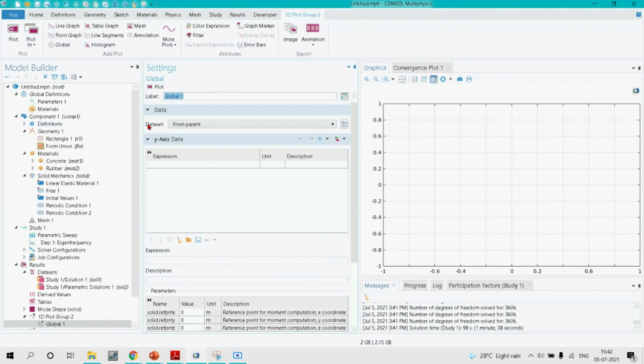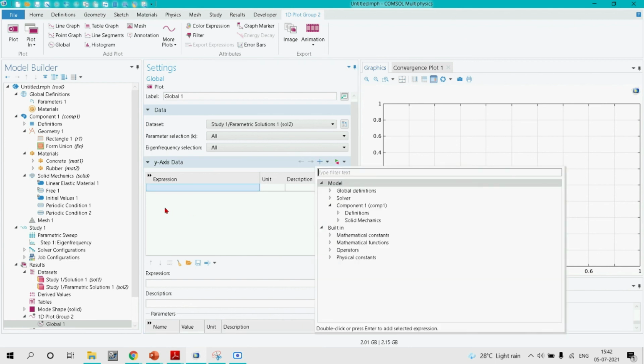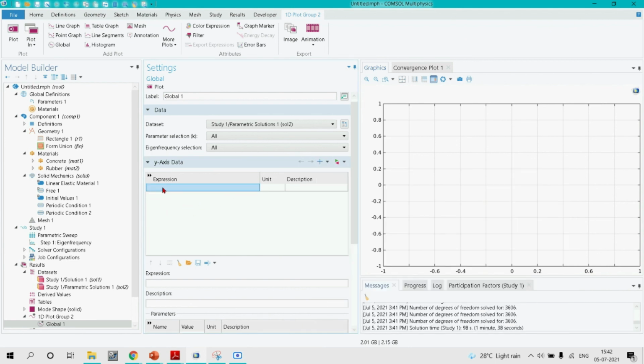In global, in the dataset type, we have to select parametric solution. And now at y-axis data, we have to give the expression solid.freq. This will plot the eigenfrequencies for us, and enter.